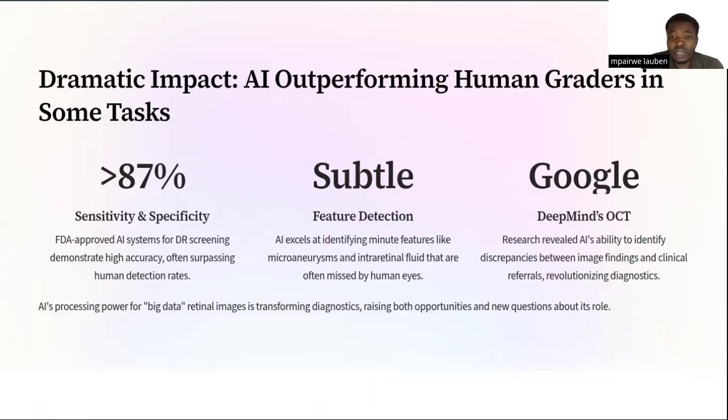Google DeepMind's OCT research reveals AI's ability to identify the gaps between image findings and clinical referrals. We also consider AI's processing power for big data like retinal images. It is really transforming diagnosis,